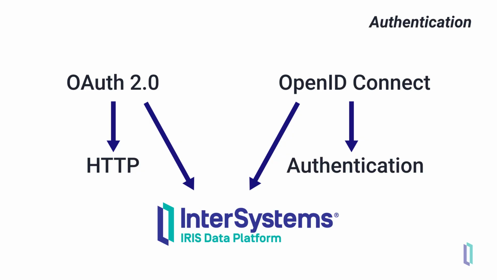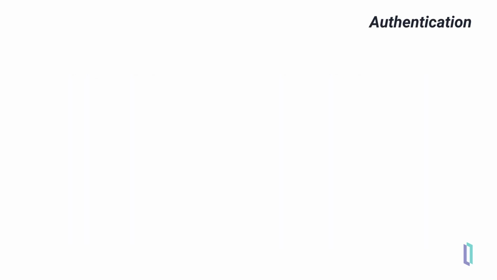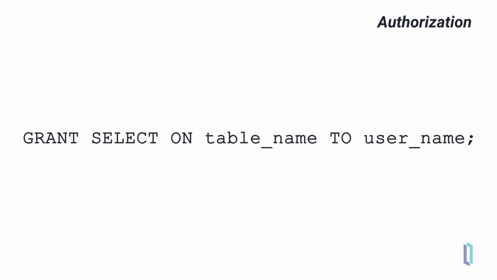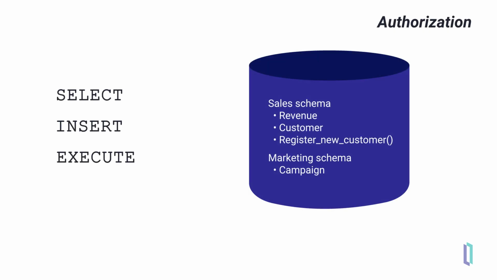Once a user makes it past authentication, SQL privileges in InterSystems IRIS are managed through the standard SQL commands grant and revoke, which allow administrators to specify and control access rights at a granular level. For example, to assign a user access to perform read operations on a specified table, use grant select on table name to username. InterSystems IRIS supports object-specific privileges like select, insert, and execute that target specific database objects such as